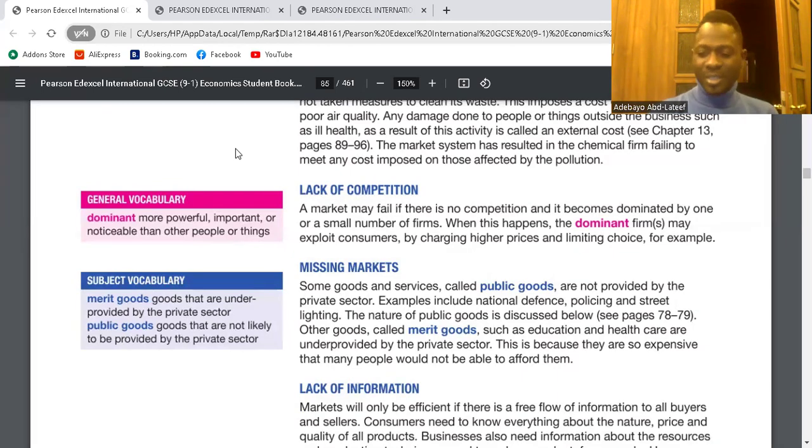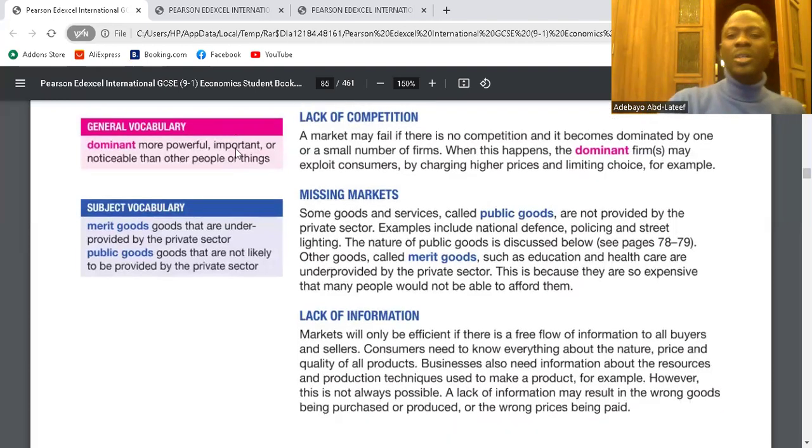Thank you. Okay. The third one, missing market. When we talk about missing market, basically we're talking about what is not being provided in the markets. So if some provision of services or production of goods are missing, the private sector are not providing them. Why are they not providing them? Maybe they are not providing them because they feel it is not their duty to do. So government must take charge.